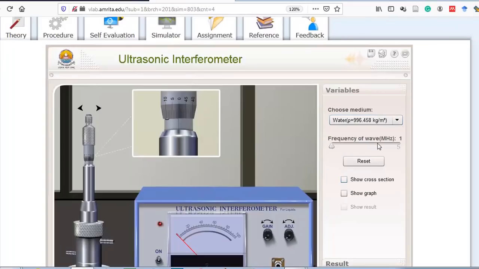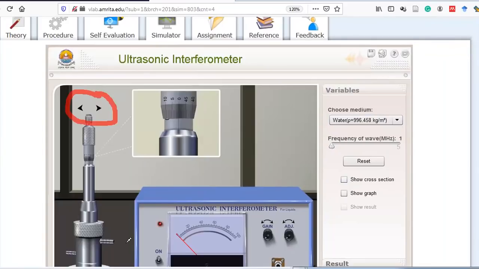Then you see the frequency of the wave. It is always preferable that you keep the lower frequency. If you go for higher frequency, then the wave pattern is going to be different, but you can take it, no doubt. For simplicity, I am keeping it at a very simple level, that is 1 megahertz. But if you want, you can always move it further. There is a slider, but here I am keeping it at 1 megahertz. Then there is a button on this. Let me annotate it. Yeah, this is the part.